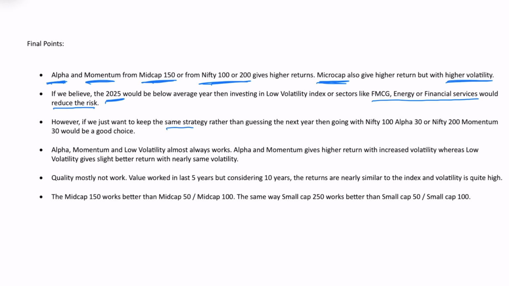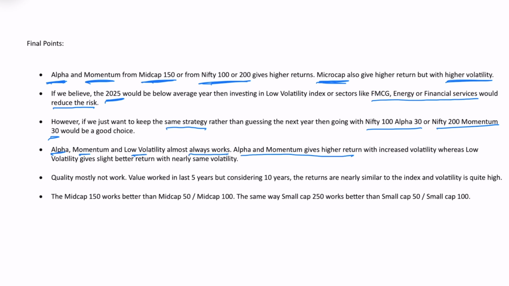But if we just want to keep the same strategy for all the years and don't want to do anything different for 2025, then we can go with either Nifty 100 Alpha 30 or Nifty 200 Momentum 30, which can be a good choice because it balances between a good year and a bad year. So we don't need to keep changing the strategy based on our guess. Then Alpha, Momentum and Low Volatility almost always work. Alpha and Momentum give higher return with increased volatility, whereas Low Volatility gives slightly better return with nearly the same volatility